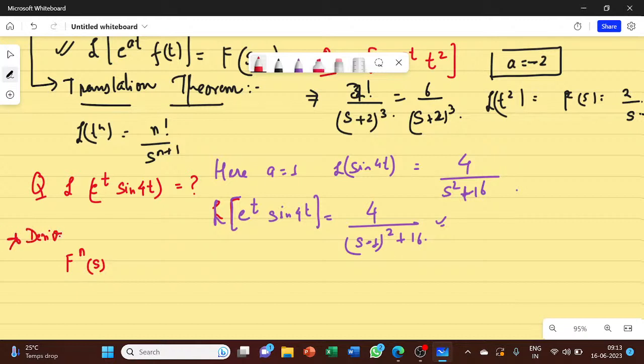If I have to find the nth derivative of my F(s), it is equal to the Laplace transform of (minus 1) raised to power n, t raised to power n, f of t. This is the property where I have actually differentiated my